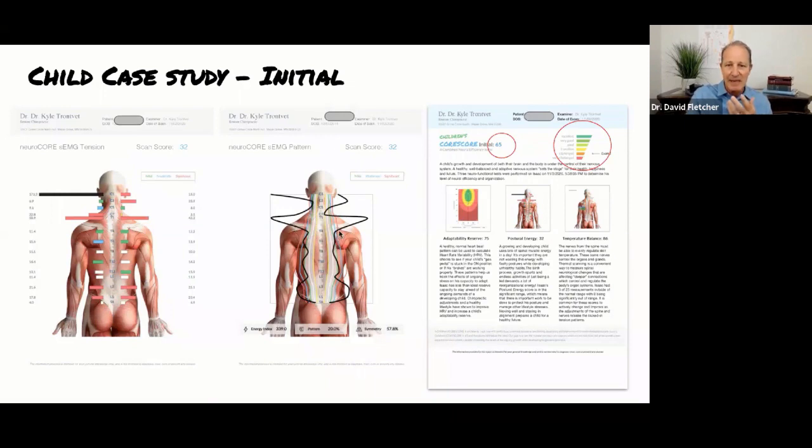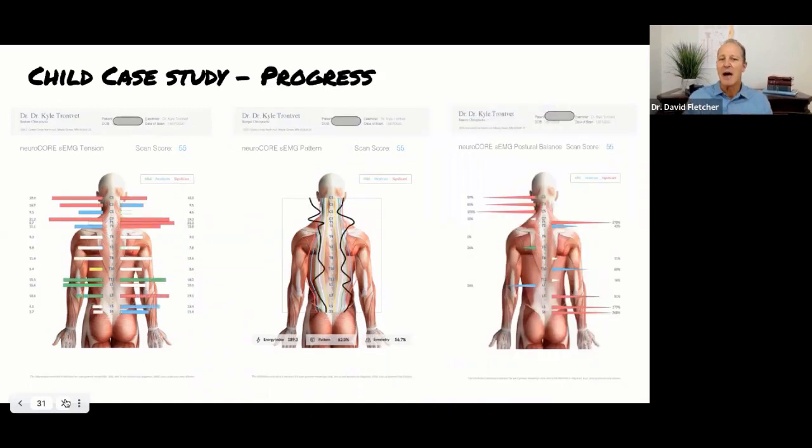But generally speaking, what we see is that the lower part of the spine is in good symmetry. We've got a lot of difficulty in maintaining good head-neck posture, but we're still getting a usable scan. And as we start to go down into the progress, we see a much more definable region of activity. Probably the child is getting much more energized and active within their care. We're starting to see that tone in that cervical spine region is adapting.